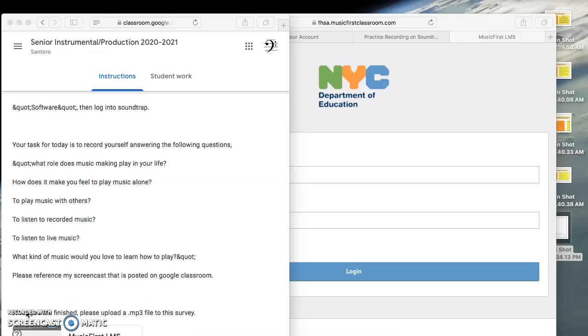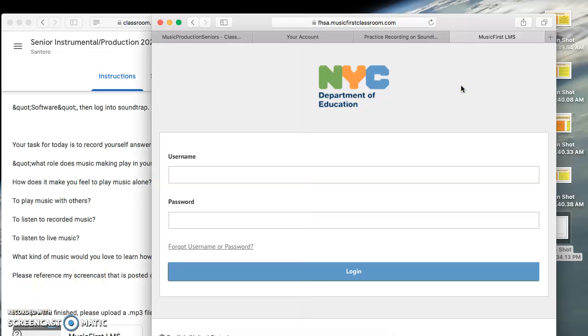Today we are going to be using the program Soundtrap to record ourselves answering a few question prompts. It's pretty simple, but it's a program that we're going to be using a lot in the near future, and we're going to be recording ourselves at home on our instruments. That's my goal. So that being said, let's jump right into it,